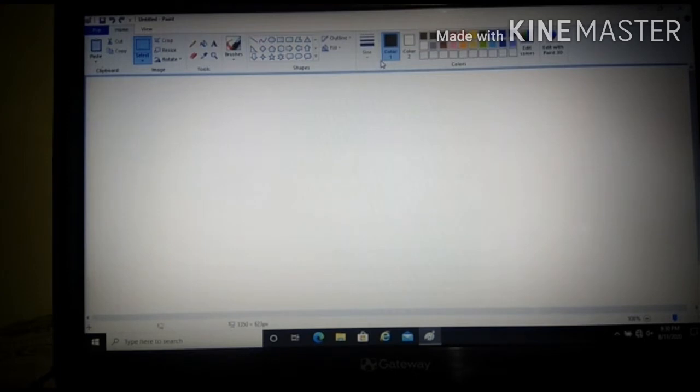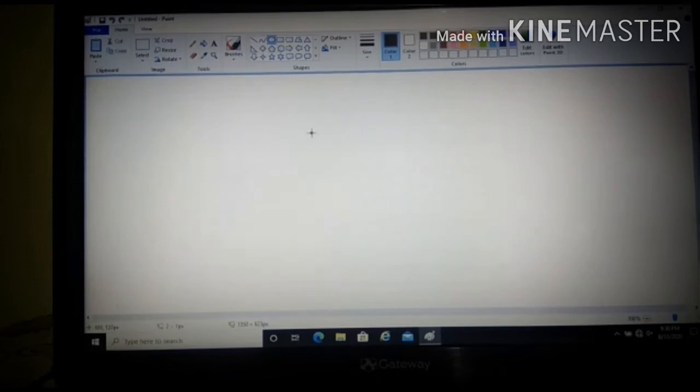Okay, so now we are going to see what is select tool and how to use it and what exactly it does. So select tool is used for selecting your drawing, whichever you have drawn. It can select the whole drawing or you can select the part of your drawing. So let's see how to do that. So before selecting, of course we have to draw something for this. So let's draw one smiley face for your practice.